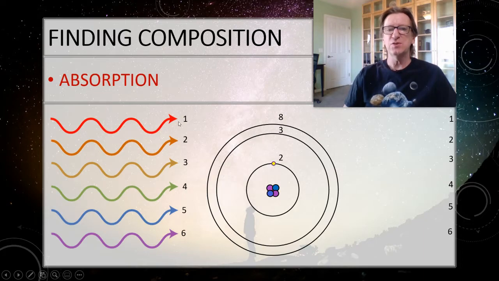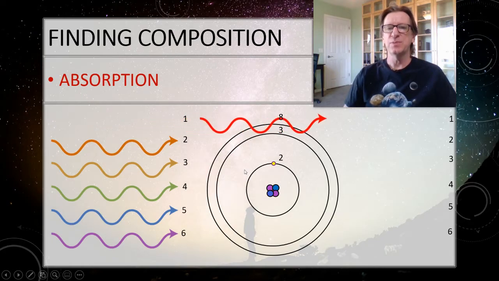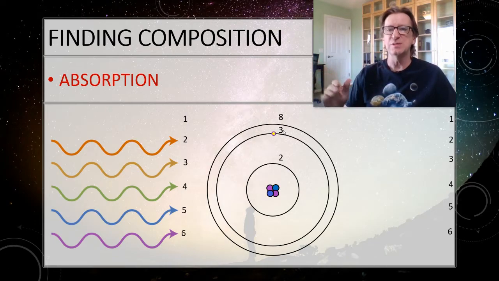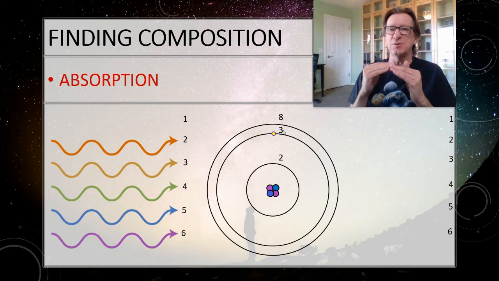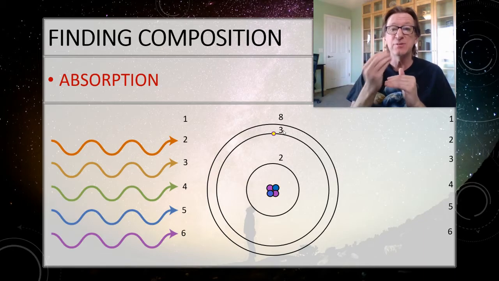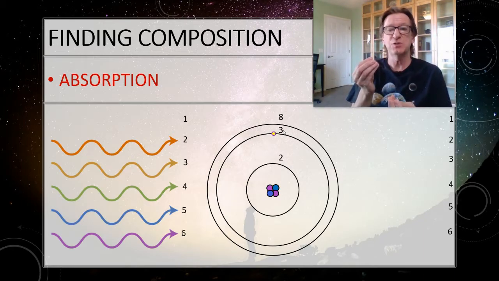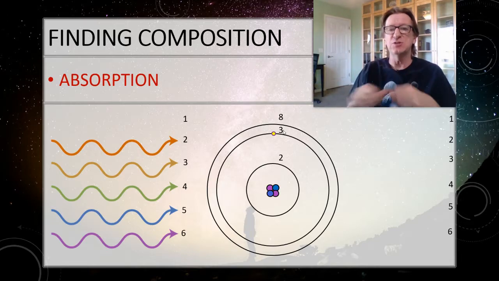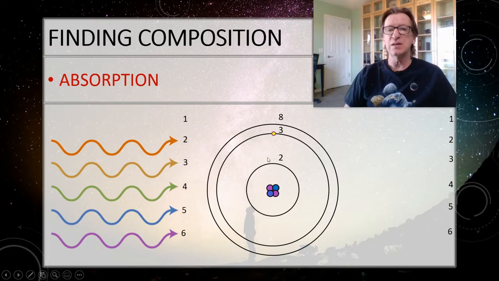So when this first red light comes through, when this first red photon comes through, the electron says, hey, I can eat that one, because 2 plus 1 is 3. And the important thing here, the only quantum mechanics that we're ever going to know, is that electron is either in the level 2 shell or the 3 shell or the 8 shell, and it is nowhere in between. It literally teleports. So it vanishes from 2 and appears in 3, and it does that by just eating the energy. And if this photon isn't something that it can use, then it just passes on through.